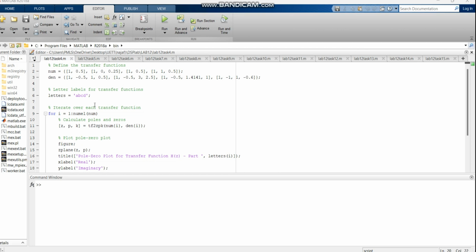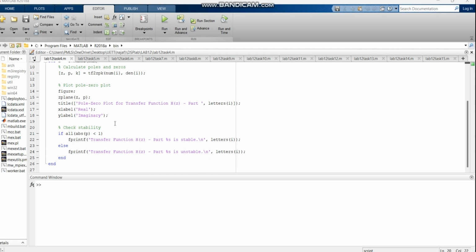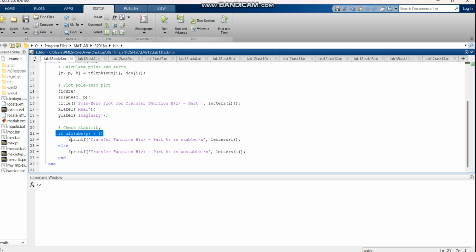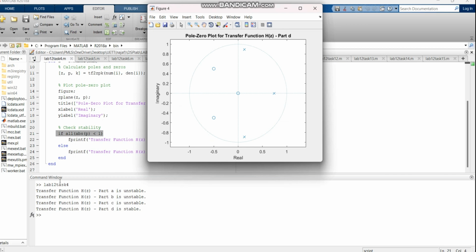Then we iterate over each transfer function and we use a for loop. Then we calculate the poles and zeros of the system using the transfer function tf2zpk. Then we simply plot the poles and zeros, and for checking the stability, we use this statement here with an if condition, and it checks if all the poles are inside the unit circle or not. If the magnitudes are less than 1, the plot will show stability. So when we run the code, in the command window,